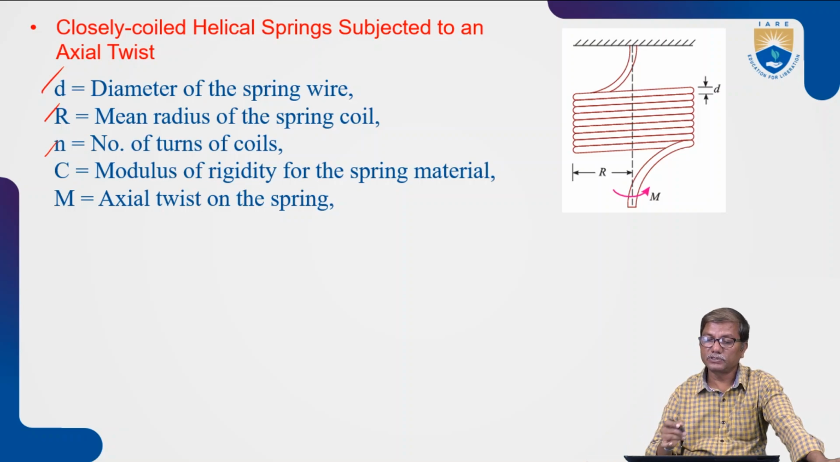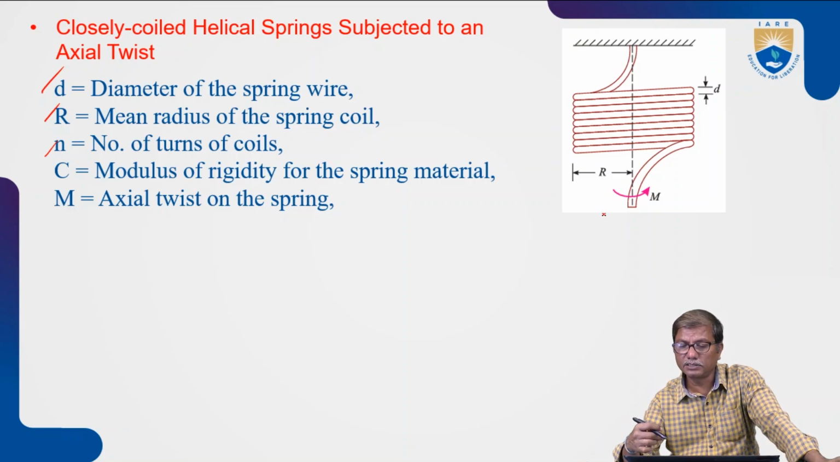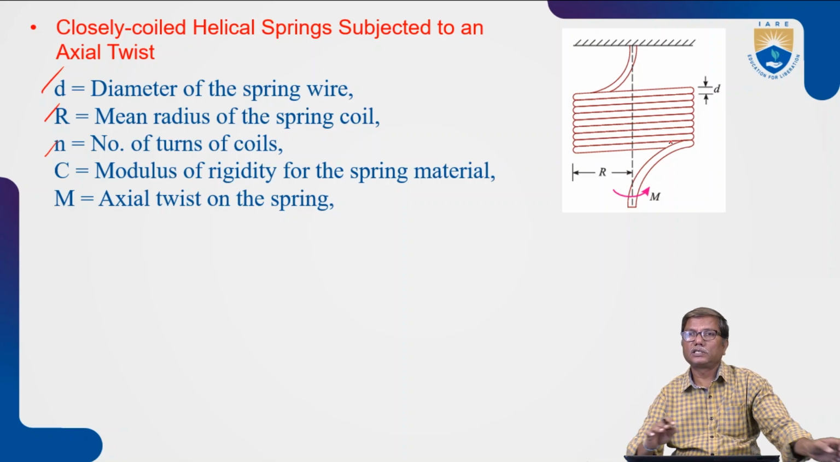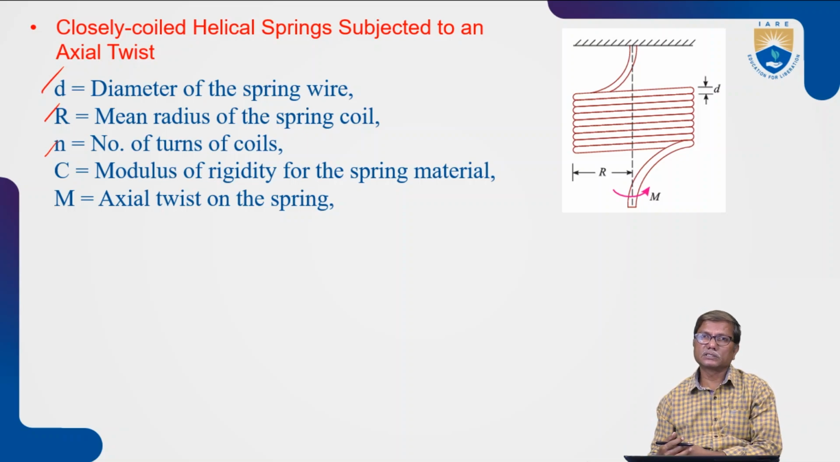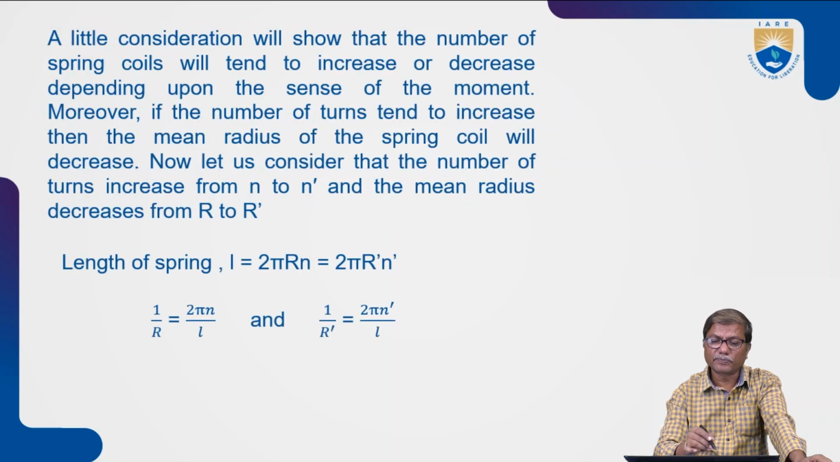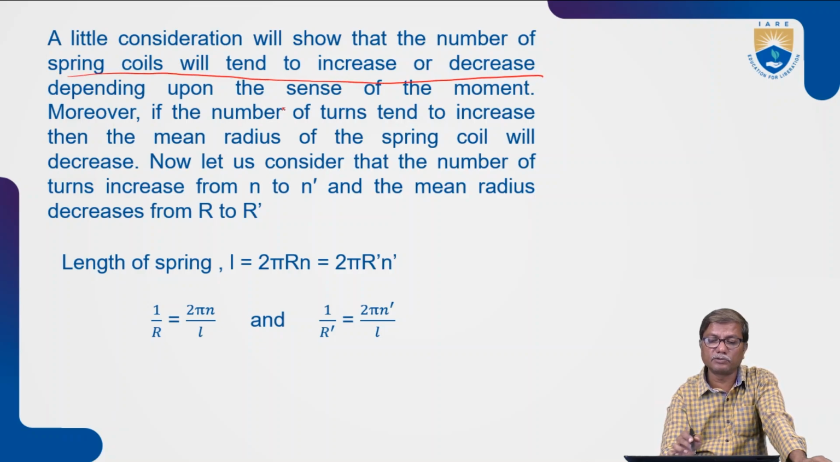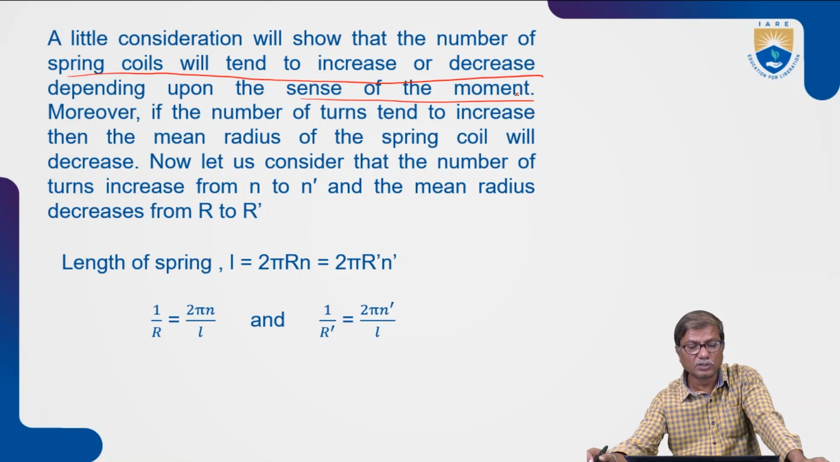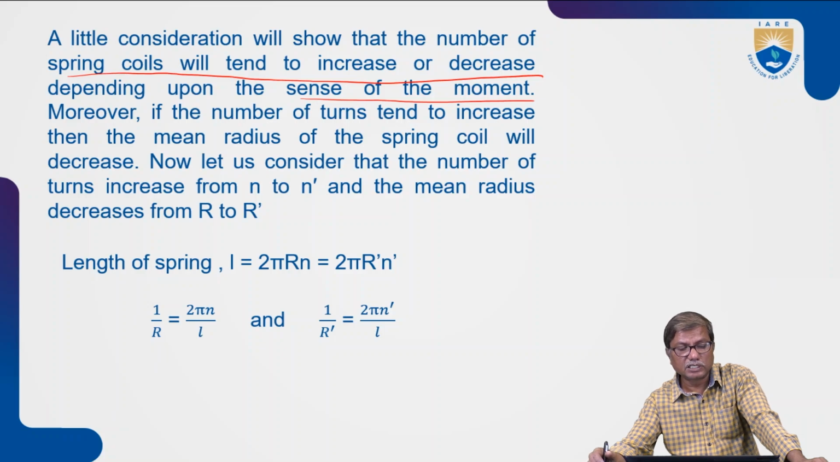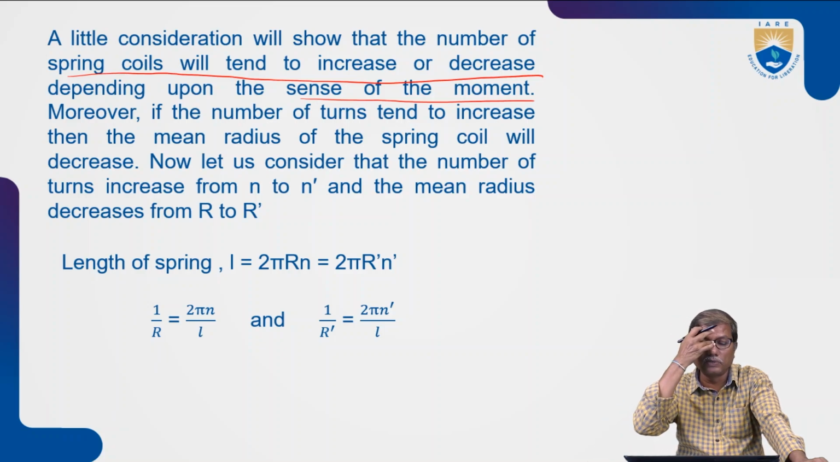So here what happens when the twisting moment, axial twist, is applied outwards, the number of coils, they try to open up, okay, the number of coils will change, they may increase or decrease. So the number of spring coils will tend to increase or decrease depending on the sense of the moment, direction of the moment, okay. And if the number of turns tend to increase, then the mean radius of the spring coil will decrease,